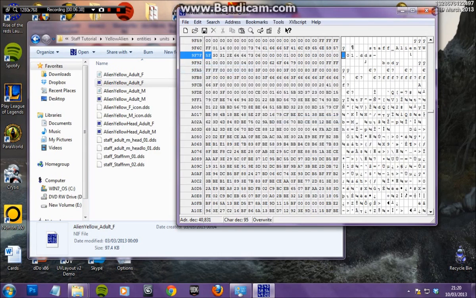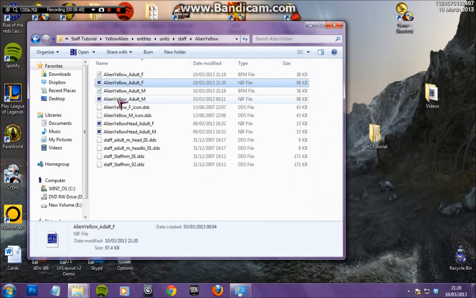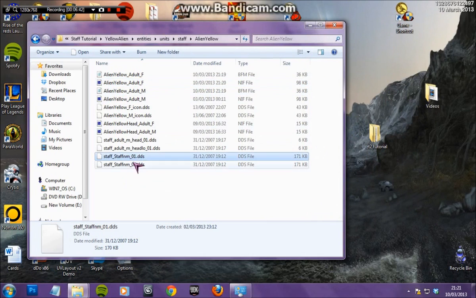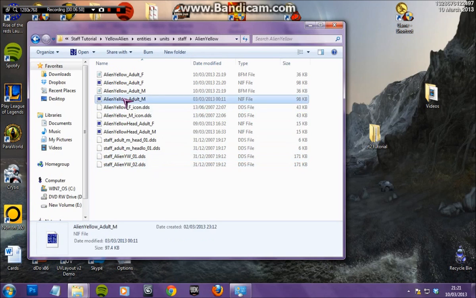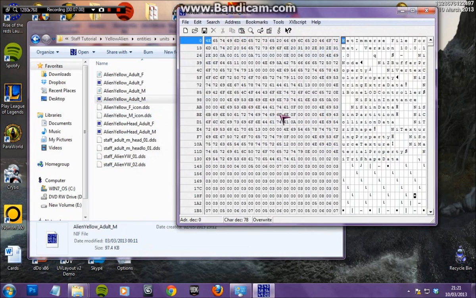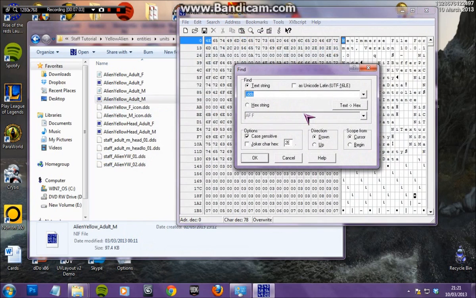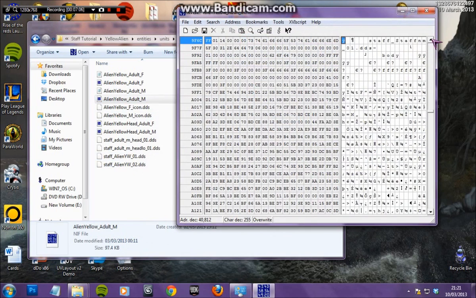So save and close. Once you've done that, be sure to change these to what you've just put in there. Make sure it's exactly the same. So mine was alien YW. I'm going to change it for this one as well for 02. And YW. Right. So then you're going to want to open the male version up and do the exact same thing again. So Control F and .dds and then find staff nm and change it to alien YW